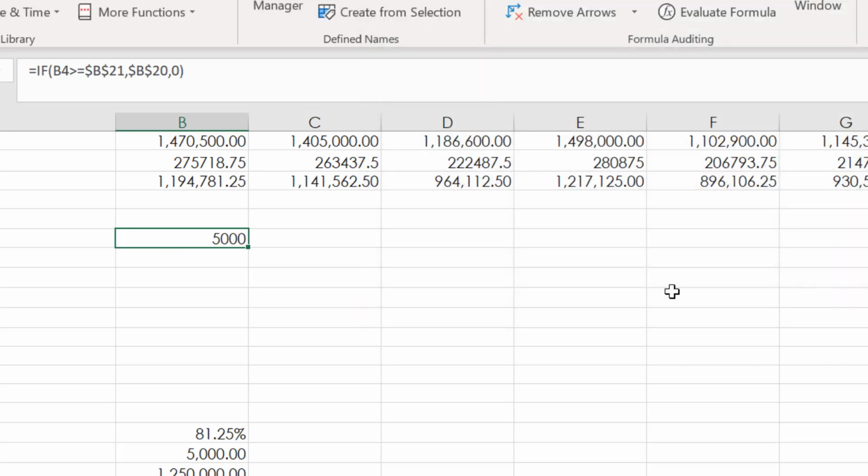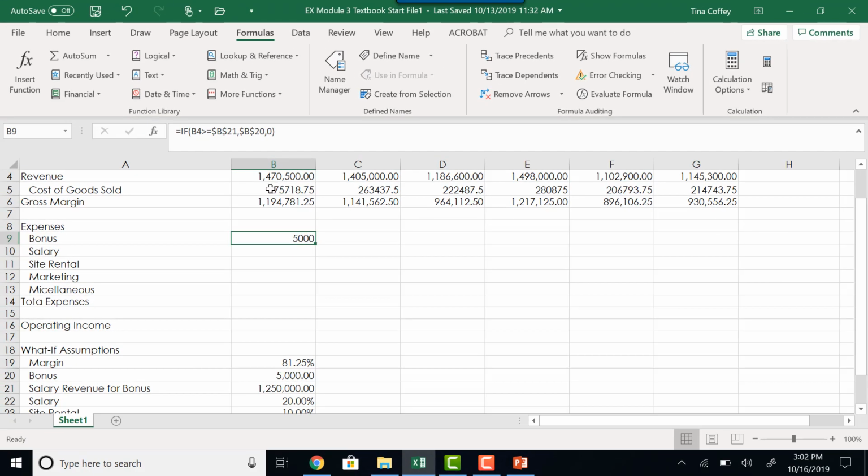Now I'll click my OK button, and now the computer will look and see whether or not B4 is greater than or equal to the salary revenue for bonus. And if it is, then the person gets a bonus, and that bonus is $5,000. That's how that works. When I fill it across,